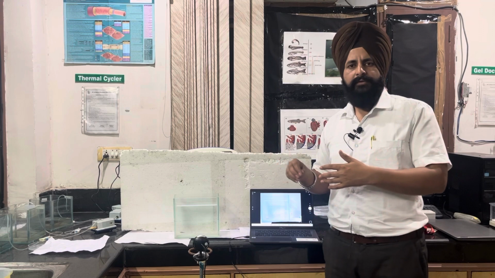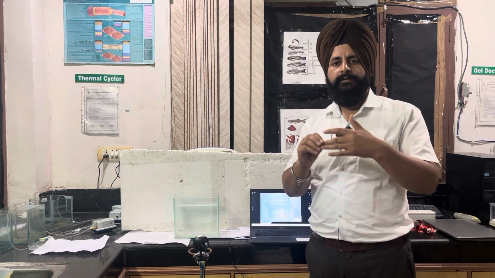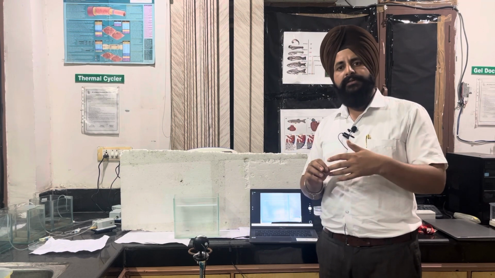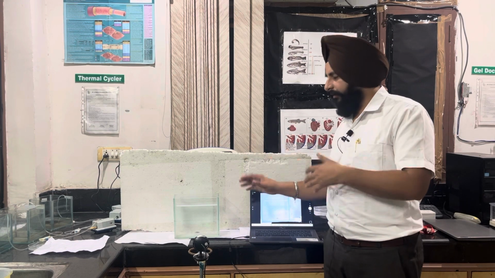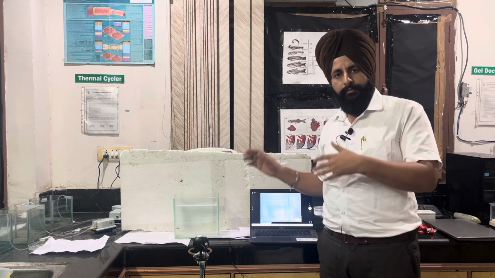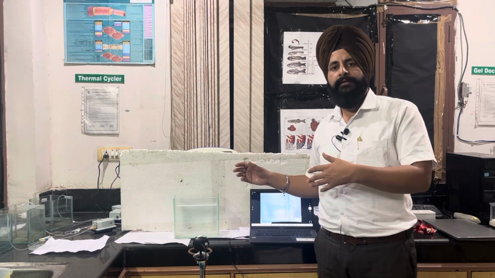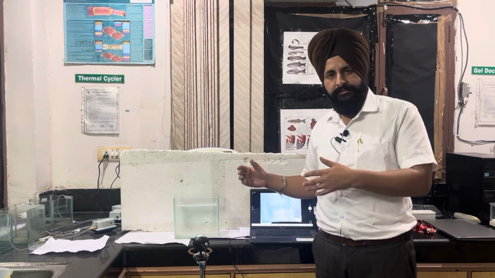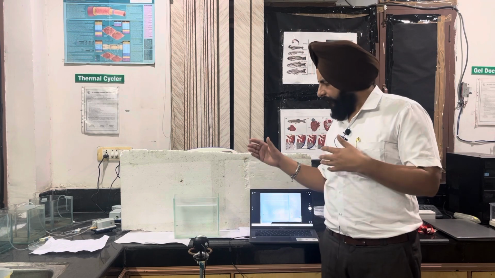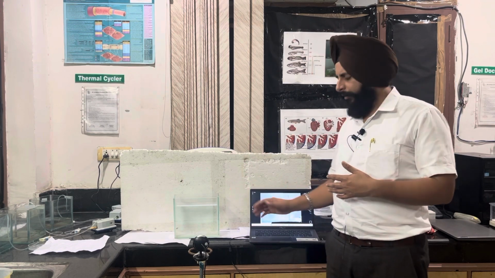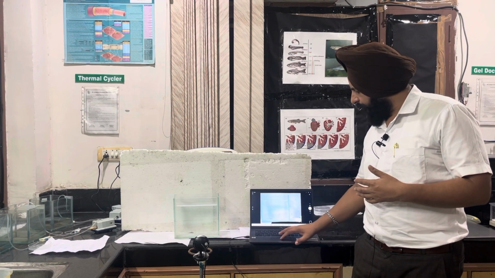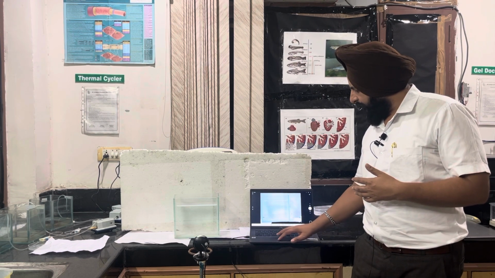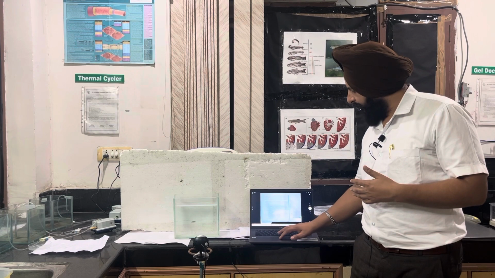Why one? Because we do the experiment on an individual fish. If you take more than one fish, what will be the problem? It is difficult to predict the locomotion and you are unable to mark any specific fish. That's why in this practical we always take a single fish. In this webcam Anymaze software, you can see that the fish is revolving here and there.